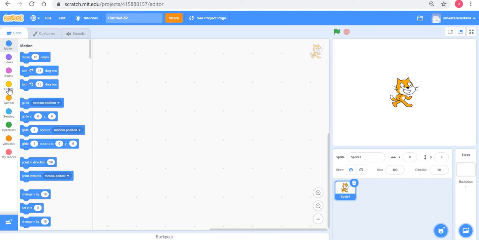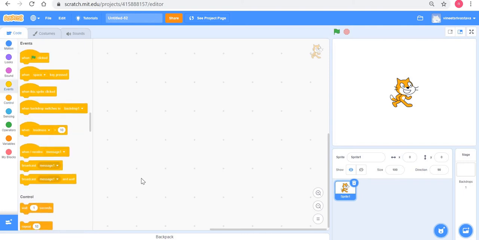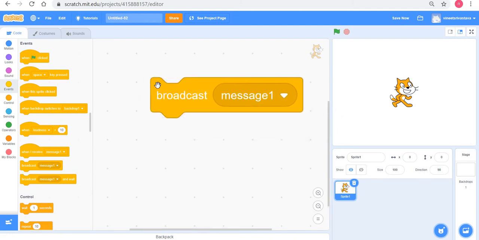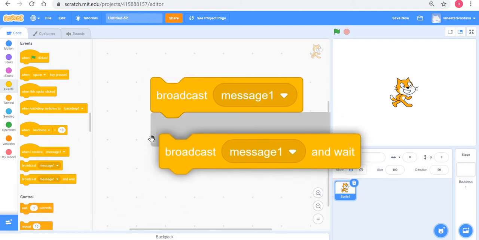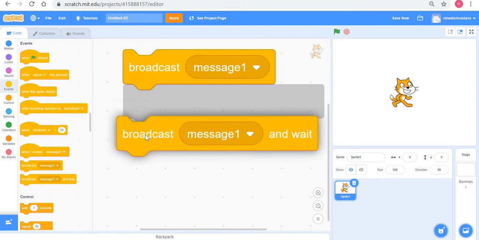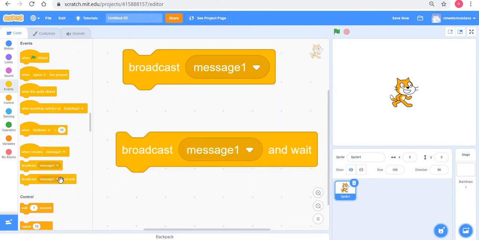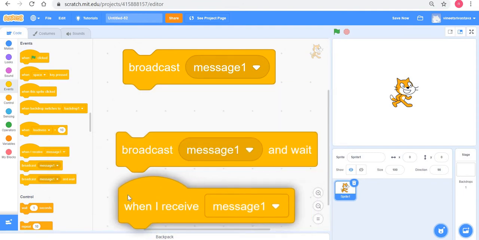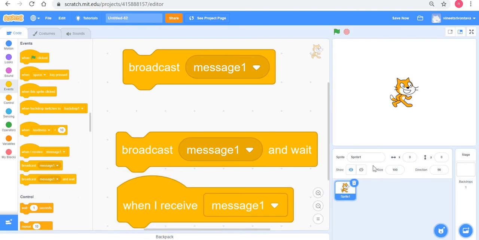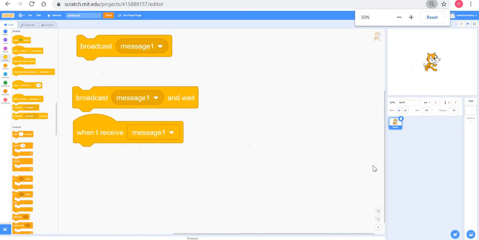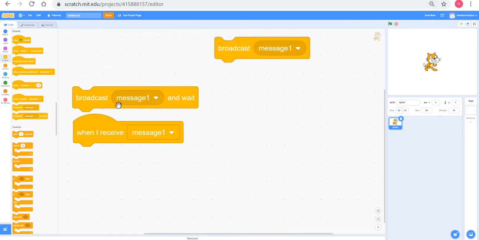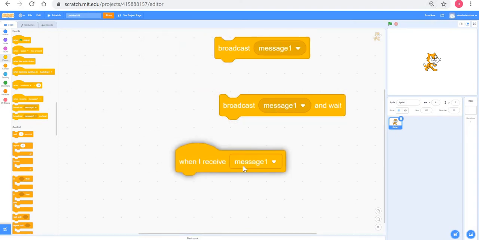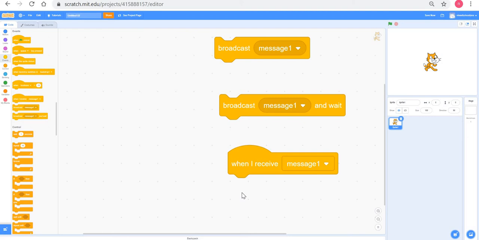If you click on events here, you'll notice there are three important blocks related to broadcast: broadcast message one, broadcast message one and wait, and the third one, when I receive message one.